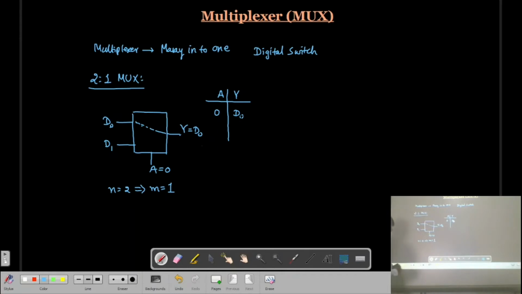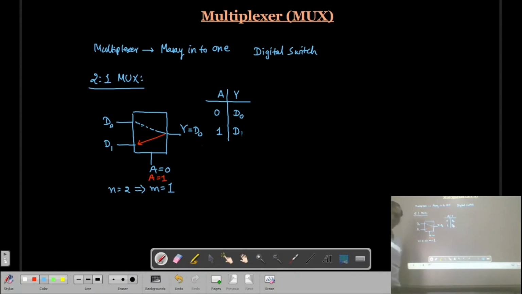When this A is equal to 1, then the output line will be connected to the D1 input source. So here we can say A is equal to 1, then the output is connected to D1.